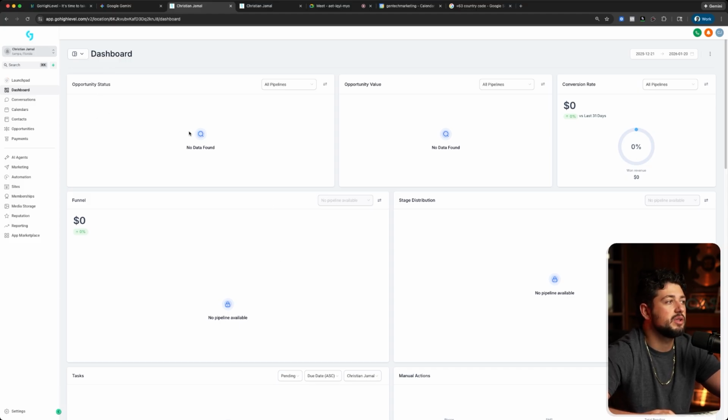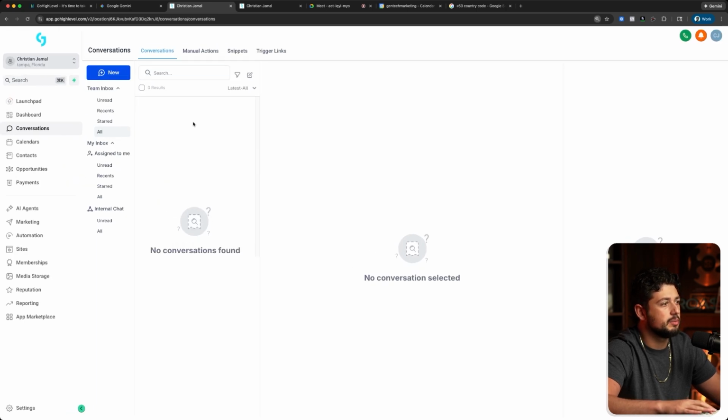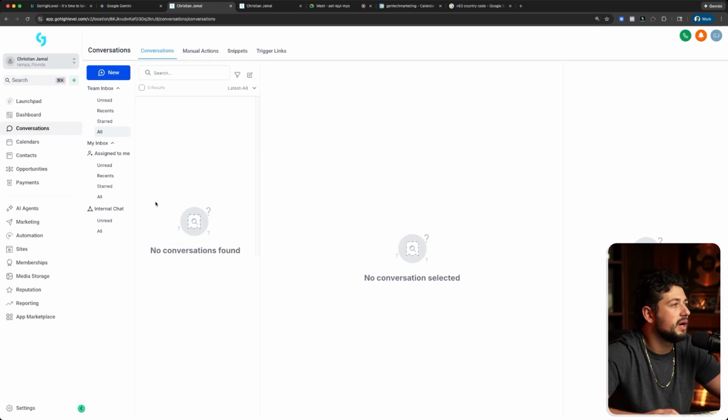This is going to populate with information once you start using opportunities. The next one is conversations. It's going to be your unread list, your recent, your all. Let me zoom in actually since it's a little bit further out. But that's pretty much it. You are going to be able to see all the messages here. And then your unreads, your recent, and your starred. If you have any high quality leads that you want to make sure to follow up with, etc., you